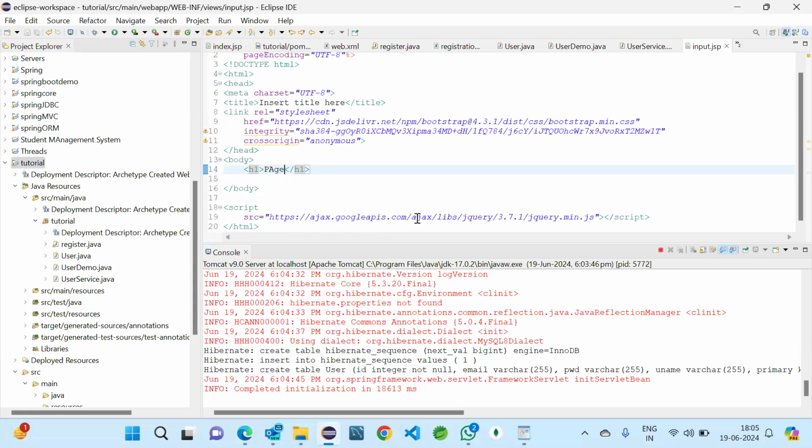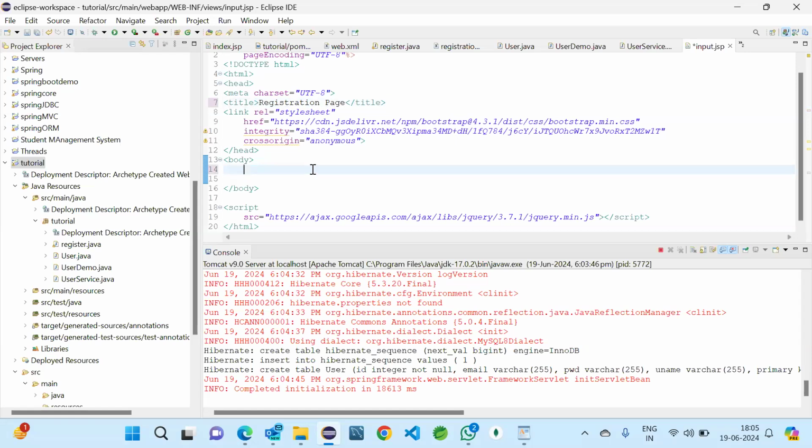So now we have completed all the 5 steps, but the project is not fully completed. Are you clear with all the 5 steps? Yes. Yeah, now we are going to complete this form. So I will show. Here I am taking registration page as my title, and then inside this I will be taking a form.